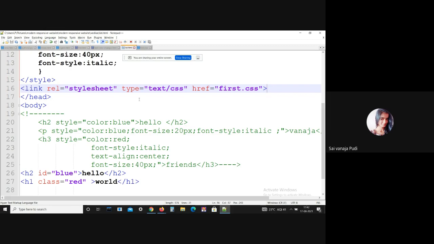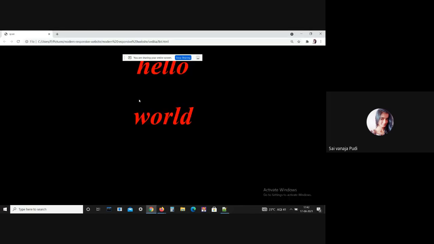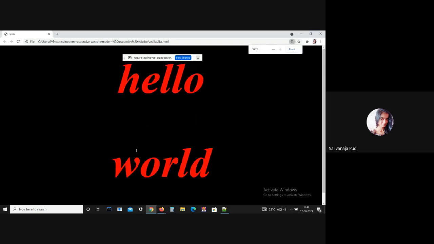See, the background color is changed, and I gave text-align center, so both hello and whole are at the center. This is the beauty of CSS. We can add many more properties. There are many properties involved in CSS, which make our websites effective, attractive, and everything.